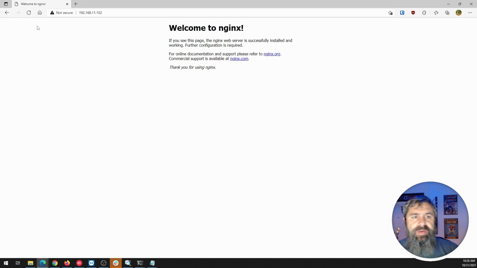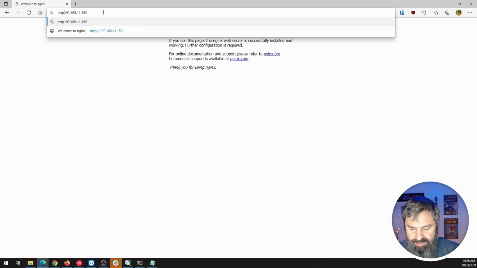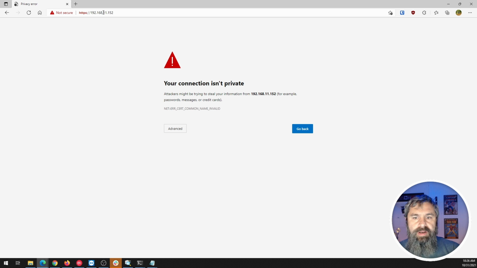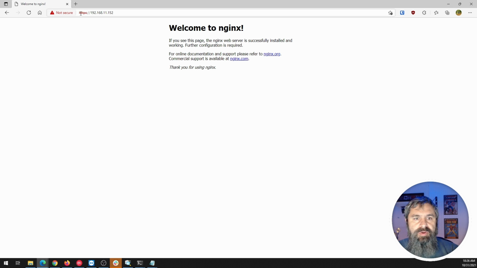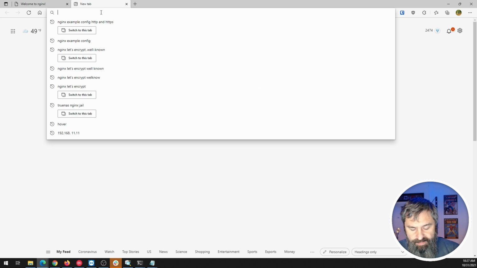So we can reload our page. Looks good, right? Now let's reload it again with HTTPS. Going to give you this error, and that's because we're going to the IP address and not the domain. All right? So boom, there it is. Let's open a new tab, and we'll go to the public version of that, right? So if you remember, it was